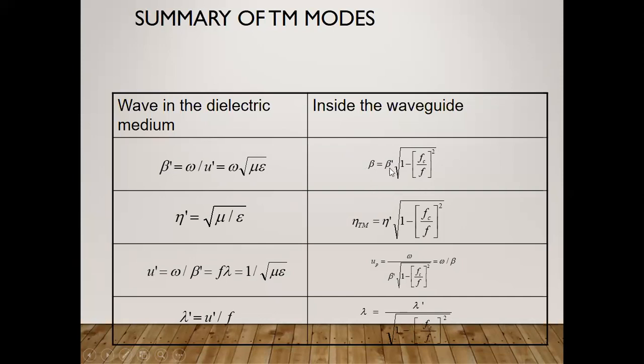Inside the waveguide, see here the difference between the waveguides. Inside the waveguides, beta is equal to beta dash times root of 1 minus fc by f. So in this way, you can calculate the